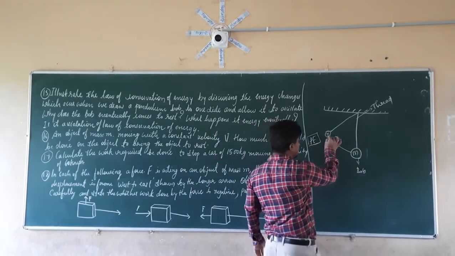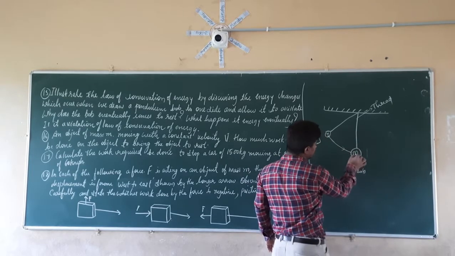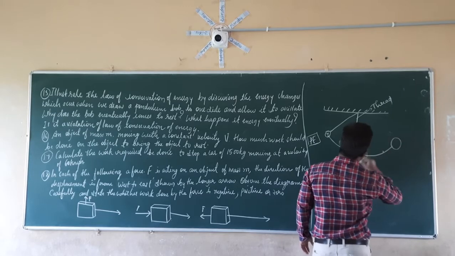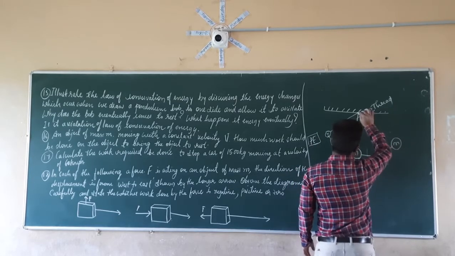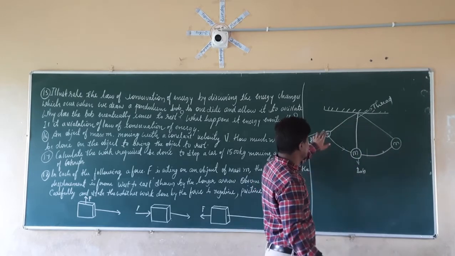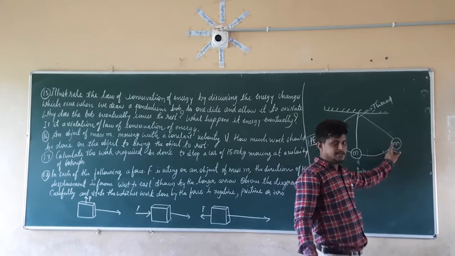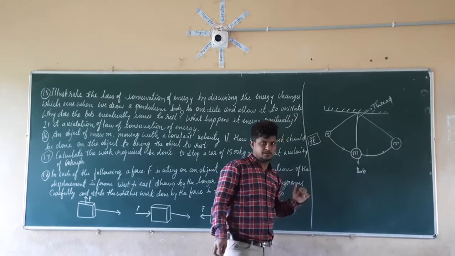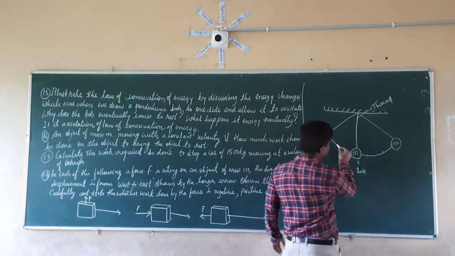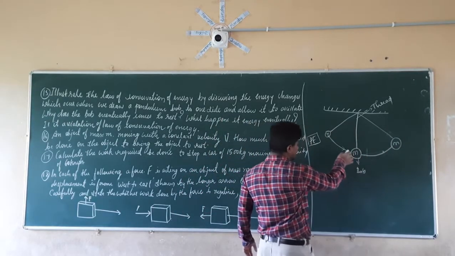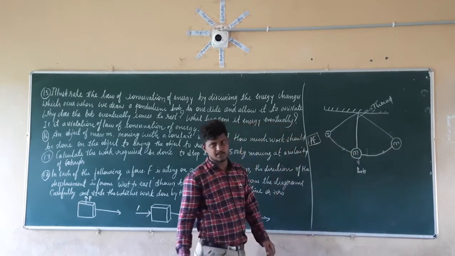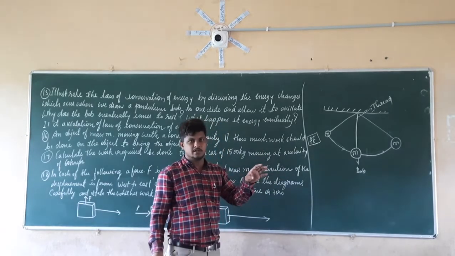When you leave that bob here, it is going to go in this direction, come to this position, and again go in this direction. It goes to the extreme right, and after pulling, when it is leaving, again it comes to this position. So this is nothing but the oscillation of a bob. It will go like this and come back, again and again. At each and every point we are going to study the energy conservation.